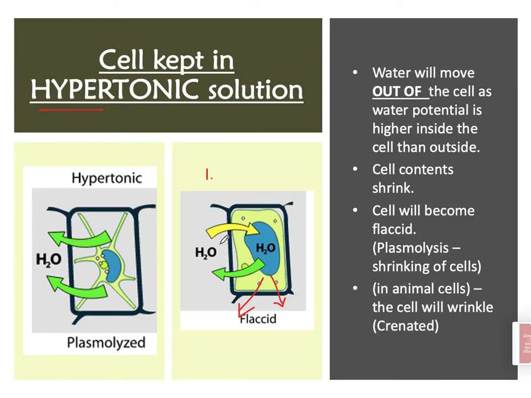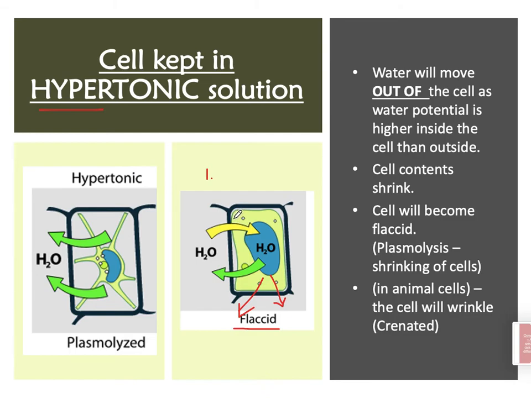More water will go out and less water will come in, leading to shrinkage of the cell. Now the shrinkage of the cell happens in certain stages. First, when the cell becomes a little flaccid, that means the cell is shrinking, right? Not turgid anymore. Then, if the cell is kept in a very highly concentrated solution, water will keep on going out, right? It will not stop. So what will happen, the cell wall, especially in plant cells,